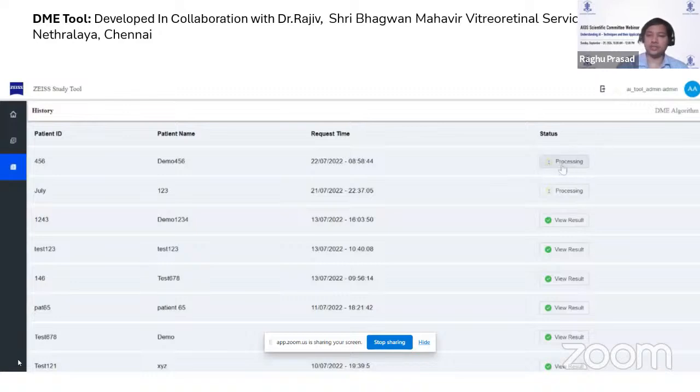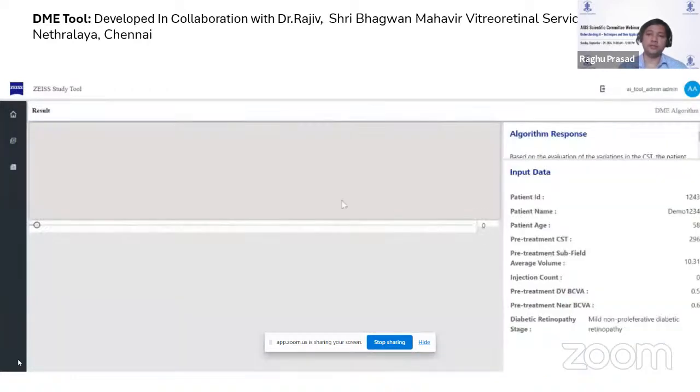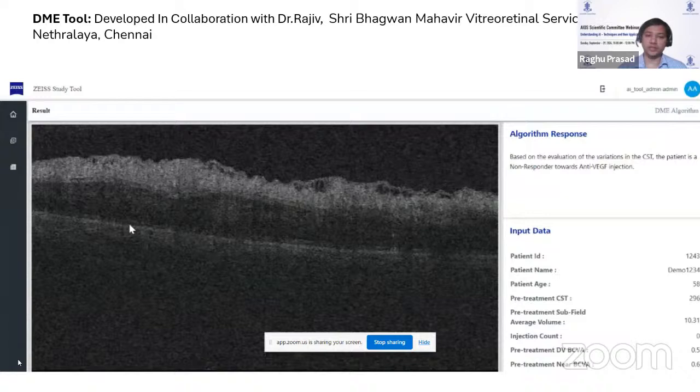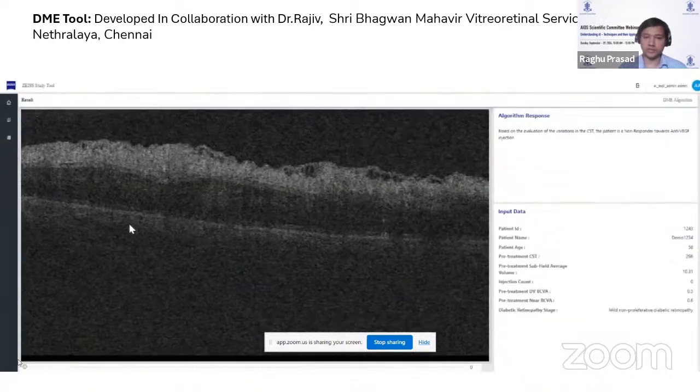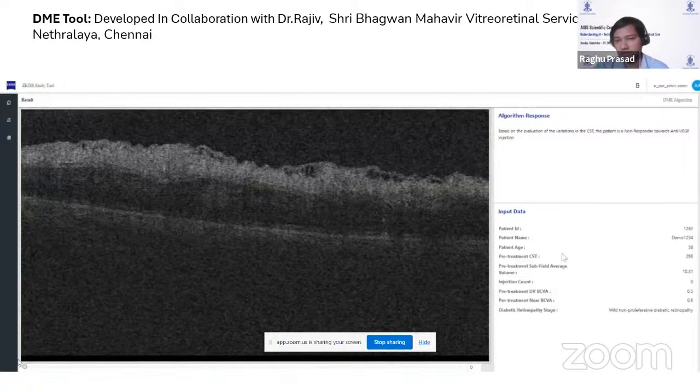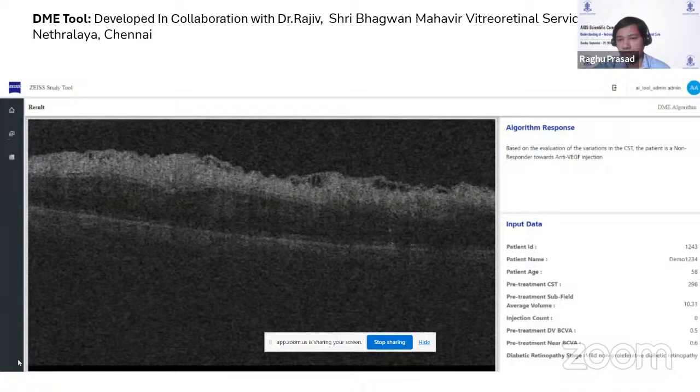And then you can see that there is processing going on in the background where the AI model will get invoked, and the CNN architecture will be fired up, and the CNN will do the processing of the data and also the clinical parameters along with the image, and give us an output. So on the right hand side, you can see the response from the algorithm. So it says, based on the evaluation of the variations of CST, the patient is categorized as a non-responder